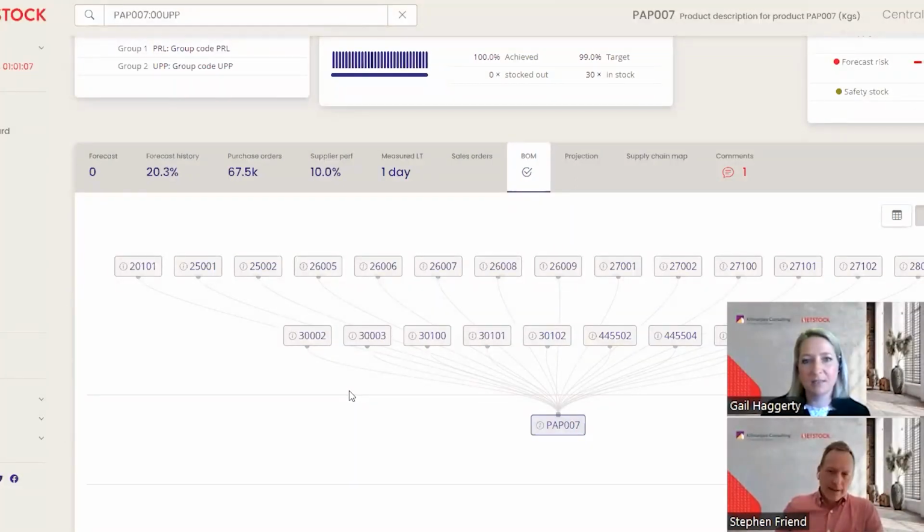Yeah. Maybe just to expand upon that, depending upon how you're managing your work orders within your ERP system, if you are backflushing material on those work orders, of course, the raw material consumption will be captured within the ERP system, which will then flow into NetStock for raw material usage in terms of analysing demand. If you're not backflushing, if you're actually issuing materials, the actual material issues will be captured. So there are some options there around how you manage actual usage and potentially variances on that expected usage as well. We won't go into any more detail around that one, I think, today, Gail. We might just leave that one there.